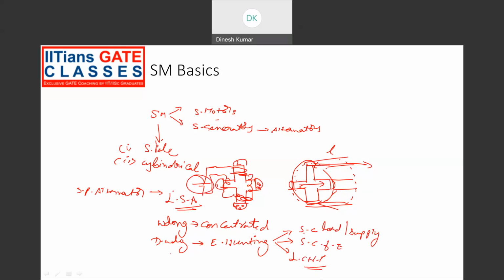So what are the methods to eliminate hunting? One of the methods is by using damper windings. The other method is by using flywheels. These flywheels generally are connected at the end of the machine like this. So these are the flywheels. So the shaft of the